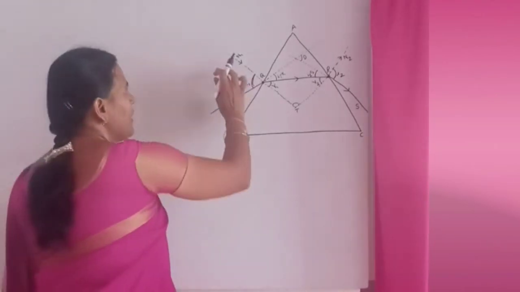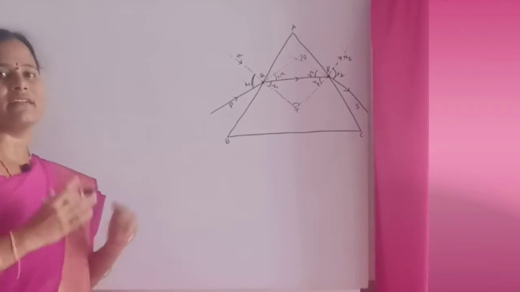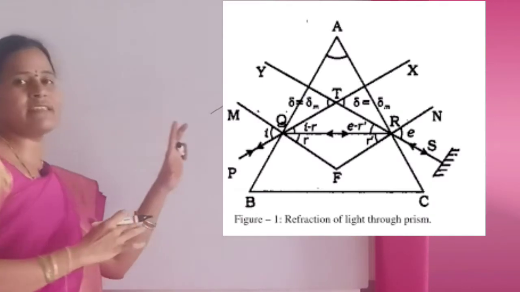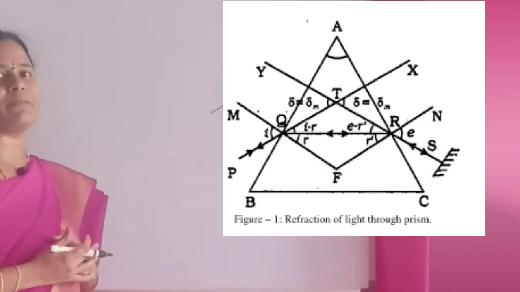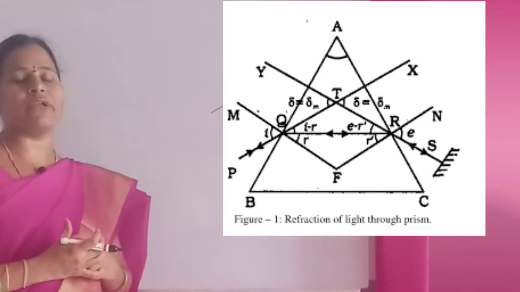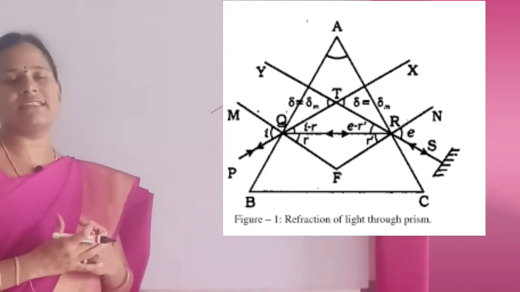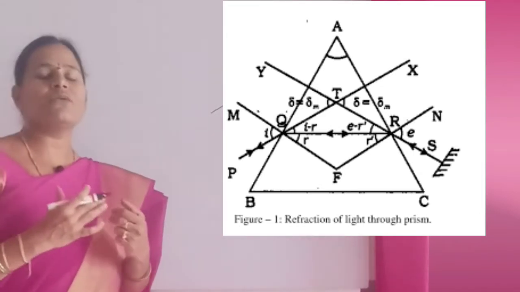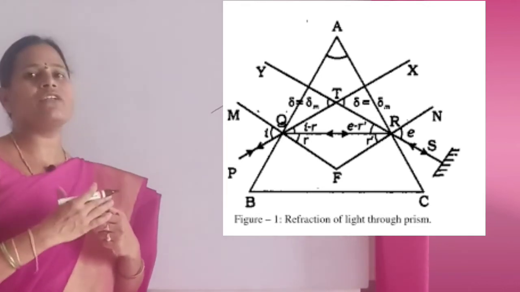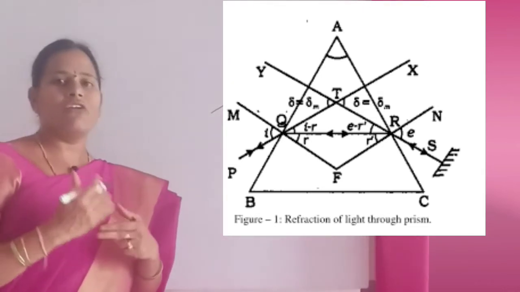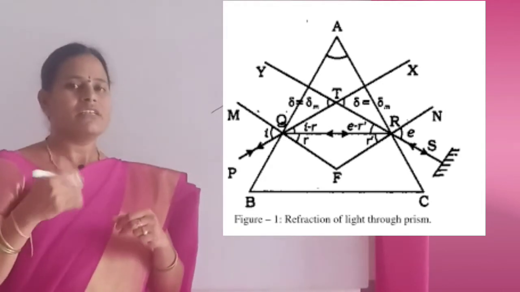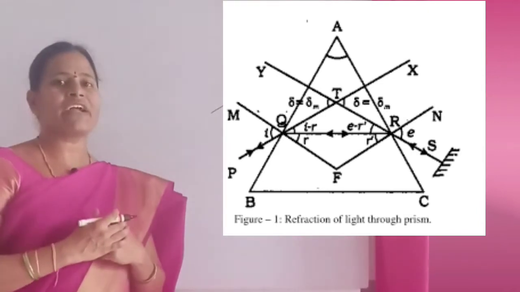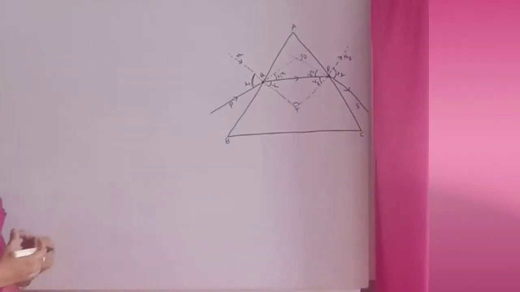At the same time, the two normal lines N1 and N2 intersect at the point T. So this is the ray diagram for the prism. Now we have to find the value of mu. By Snell's law, mu is sin I by sin R. We already discussed that. So we have to find the values of I and R. When you find the values of I and R and substitute them in Snell's formula, it is easy to find the refractive index. So for this I am taking the diagram.